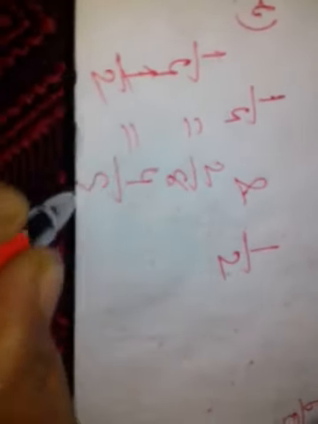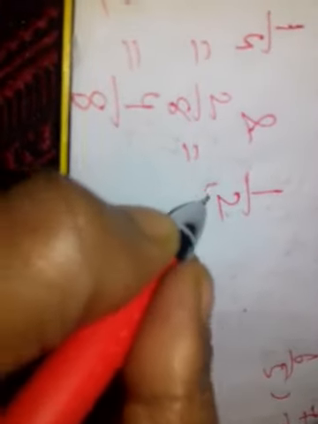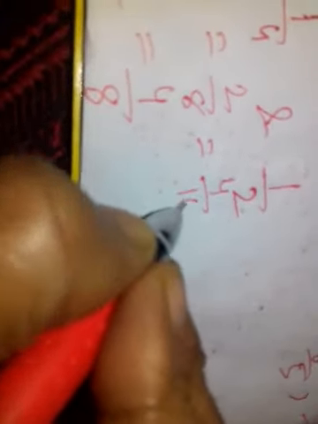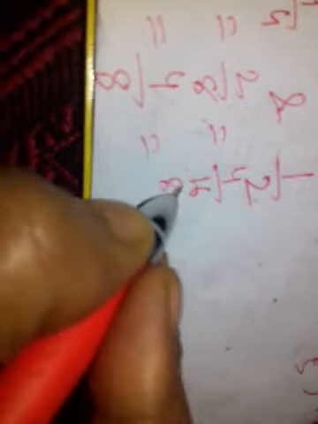Both numerator and denominator are multiplied by 2. Then it becomes 2 ones are 2, 4 twos are 8. This is 4 ones are 4, 4 twos are 8. Now 2 by 8 and 4 by 8. In between these two numbers there is 3 by 8. But we have to write 5 rational numbers. So make it double. 2 twos are 4, 8 twos are 16. 4 twos are 8, 8 twos are 16. Now 4 by 16, 8 by 16.